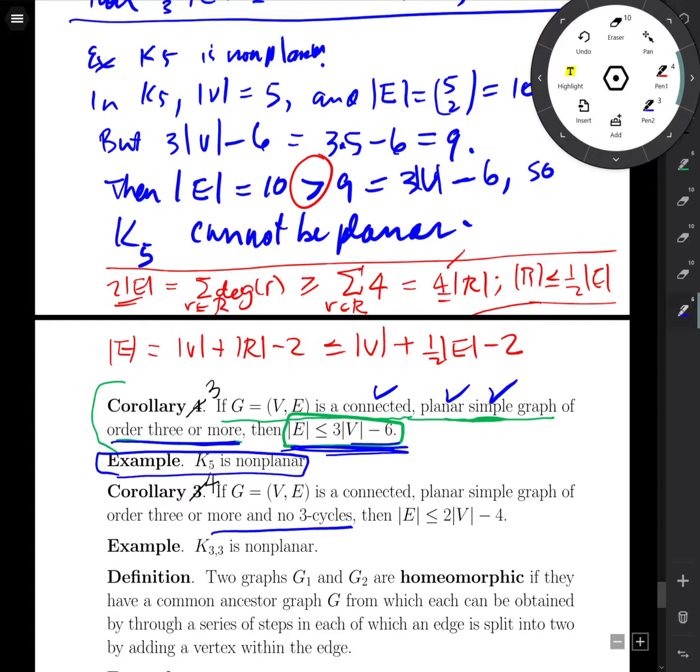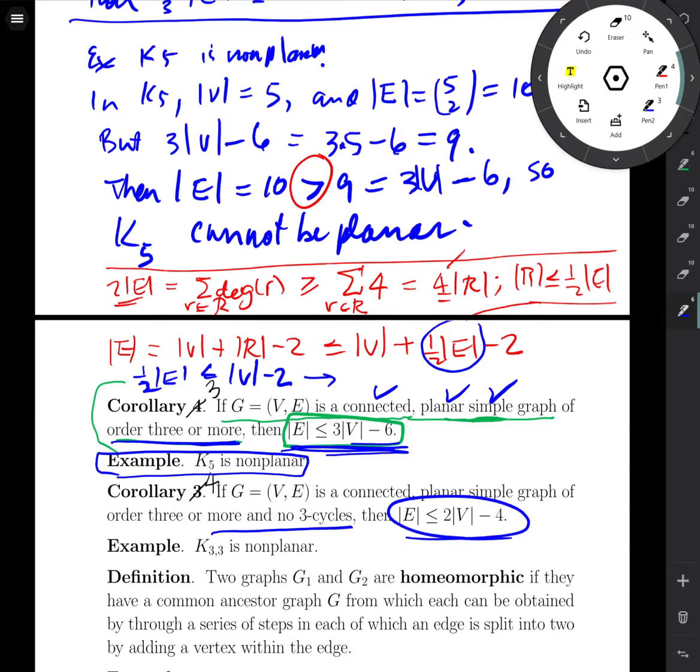Subtracting this term from both sides gives us 1/2 the number of edges is less than or equal to the number of vertices minus 2, but multiplying by 2 now would give us exactly this relationship right here. That's exactly what we need to show that